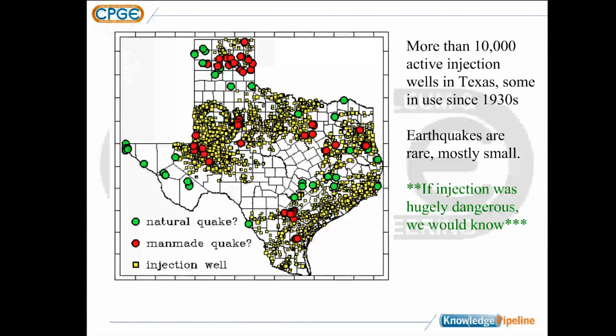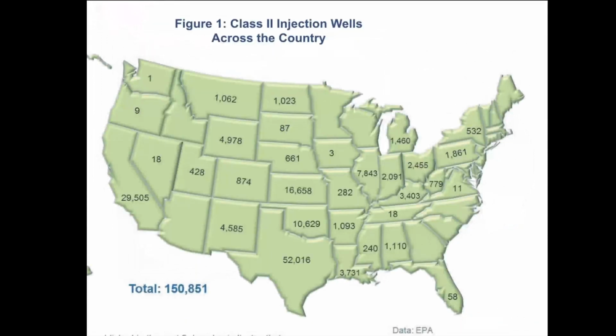In fact, most people in Texas don't know there are any earthquakes. So for the most part, this is quite safe. Now, Texas is not the only state with injection wells. Here's a map. You see that Texas has more injection wells than other states, but there are other states that have a lot: Oklahoma, Kansas, California. The use of deep wells to get rid of fluids is common throughout Texas, throughout the United States and much of the world.